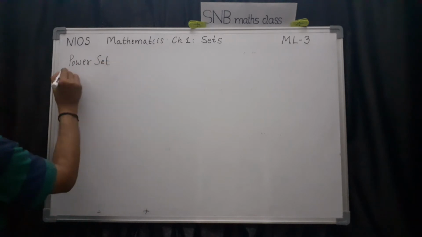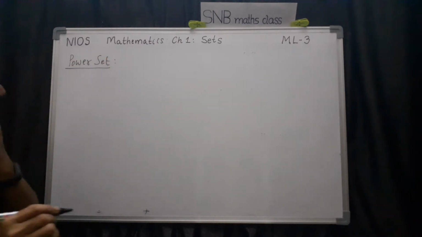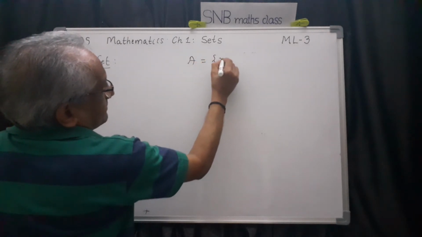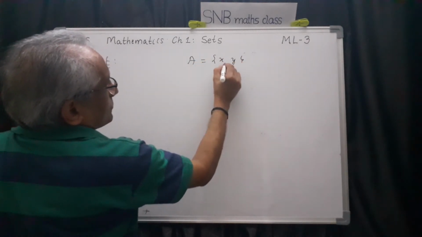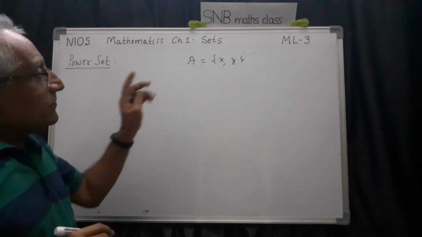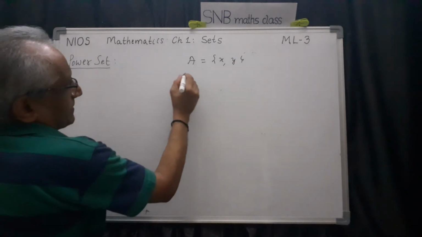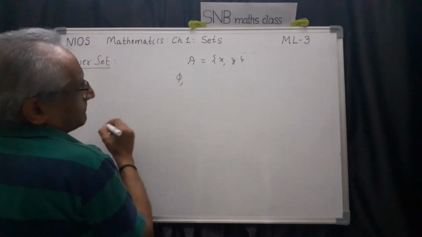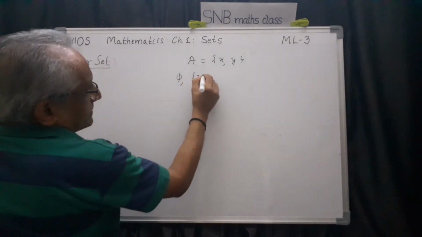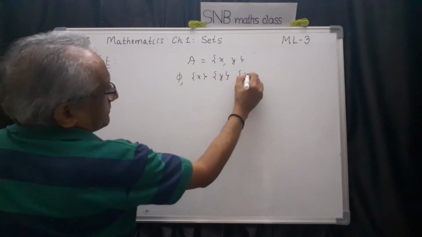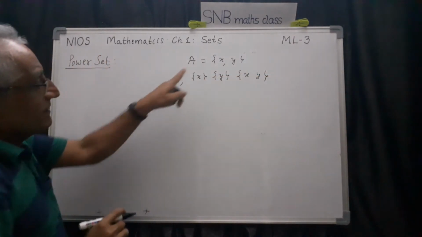This also, instead of defining first, let me give you the example. You take as before, let us say A equal to {X, Y}. Two elements I take. Now write all the subsets. Now you know how to do it. Say subsets are, first one is phi, then the second one is singleton set {X}, singleton set containing {Y}, then the set itself. And now you can check how many elements are there.